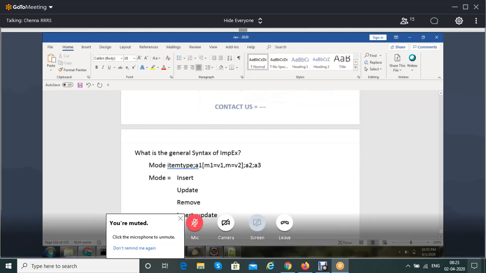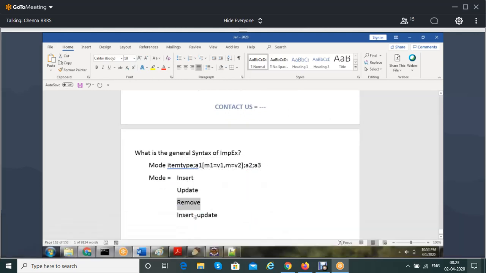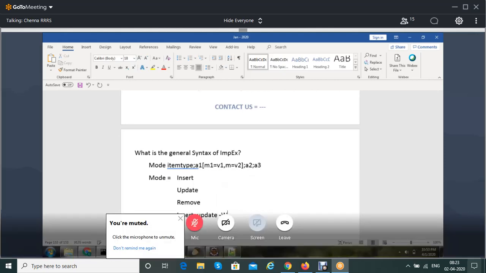So what is the meaning of insert? It means it is going to insert a record. Update means it is going to modify the record. Remove means it is going to delete the record. Insert underscore update, when can I use this?